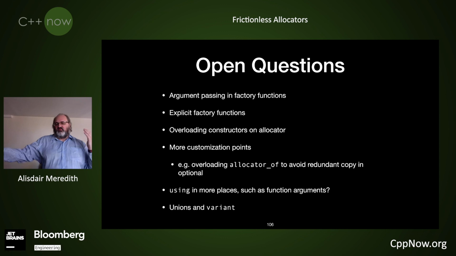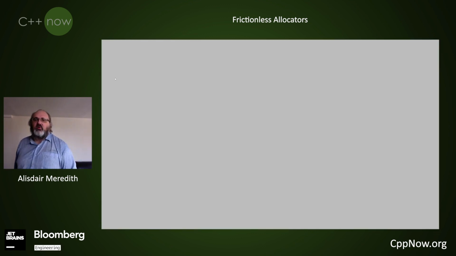All the constructors, on whether or not they're allocator aware. How to utilize the customization points, so I might be able to implement something like standard optional to compress away the storage of an extra allocator, if I can either store it when I'm empty or retrieve it from my held object. So you might want to cut how we can customize allocator of. Using it in more contexts: at the moment I'm just using it for initializing variable expressions, but how about for function arguments and so forth? I'm running out of time, so I think I'll just pull it there.